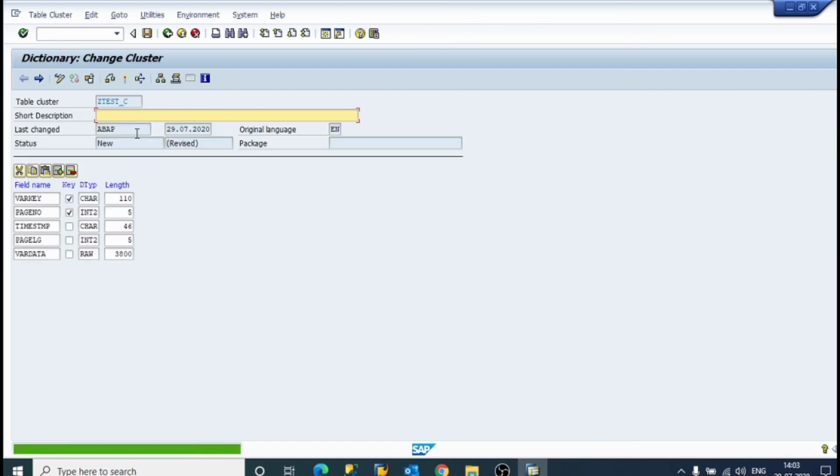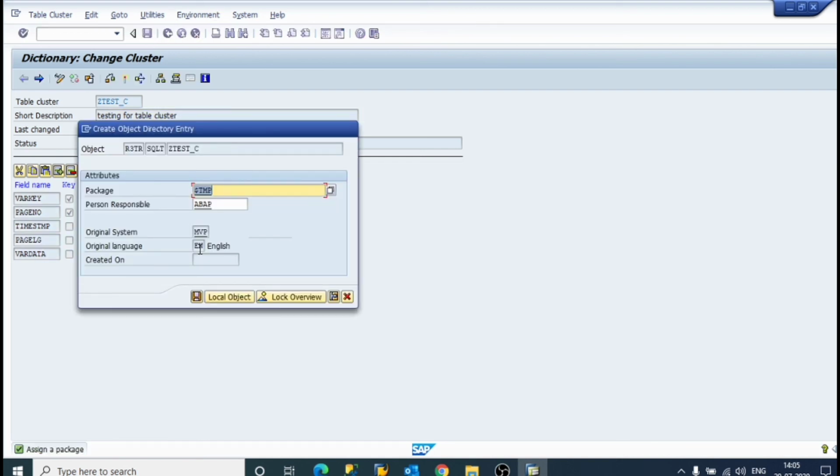So short description, cluster for table cluster. Now just save it.